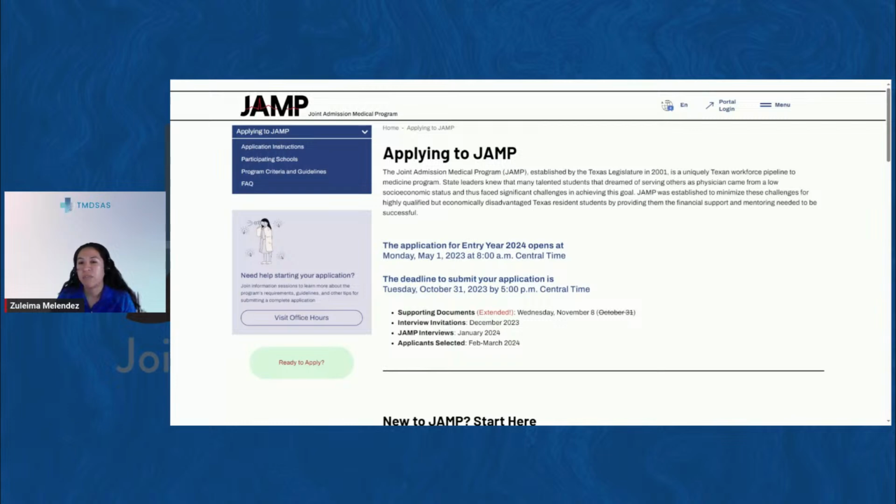If we open up that link, it has information about, for example, GPA, or how long you've known the person, and in which setting. It could be academic or work related, etc. It also provides some competencies that schools are looking for in what they would call a competitive applicant. Some examples of what they would like to see in a letter of recommendation are how you showed critical thinking skills or scientific inquiry. That would typically come from a professor who knows you, or even a teacher. Since a lot of students in JAMP were in high school not that long ago, and Shay, correct me if I'm wrong, they can have a teacher as a letter recommendation person